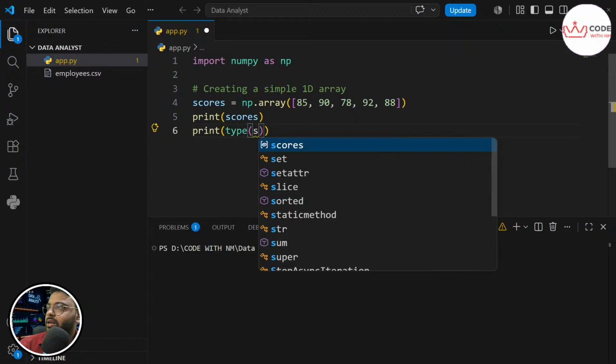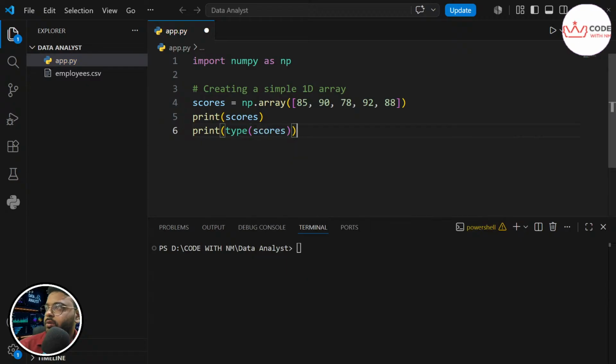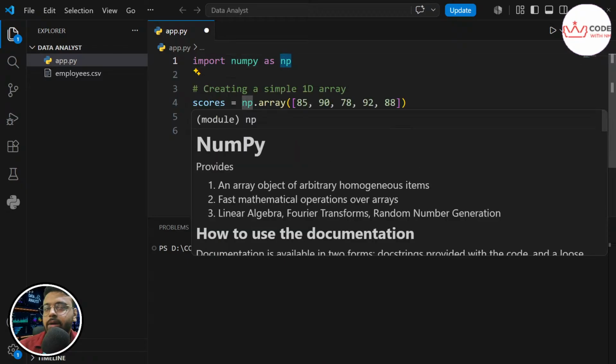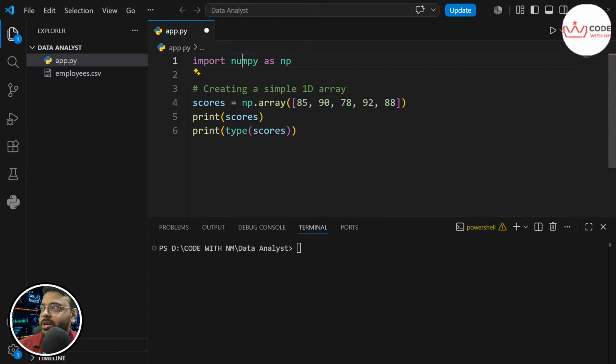Let's first understand what we have done. We have created an array, and array is a part of the NumPy library. Here I've imported NumPy as np, because I don't want to write NumPy everywhere again and again. I'm a bit lazy, that's why I've named it np. You can name it whatever you want, but be professional. np is understandable, it is short for NumPy.